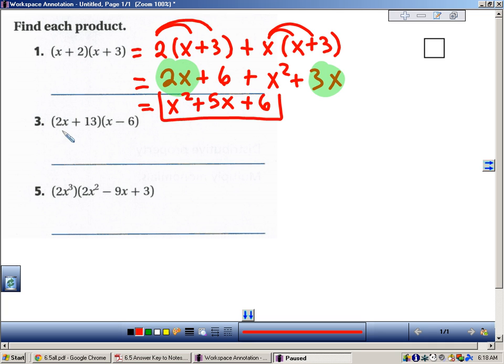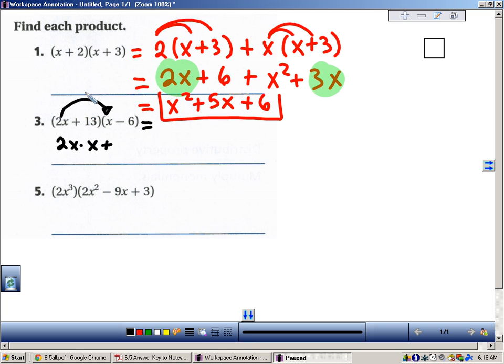Example or question number 3, I will use the FOIL method. So using the FOIL method, that is first, outer, inner, last, here's how this plays out, okay? So this is our first term, right? First term in the binomials is 2x and x, so I will write that out. It's 2x times x plus